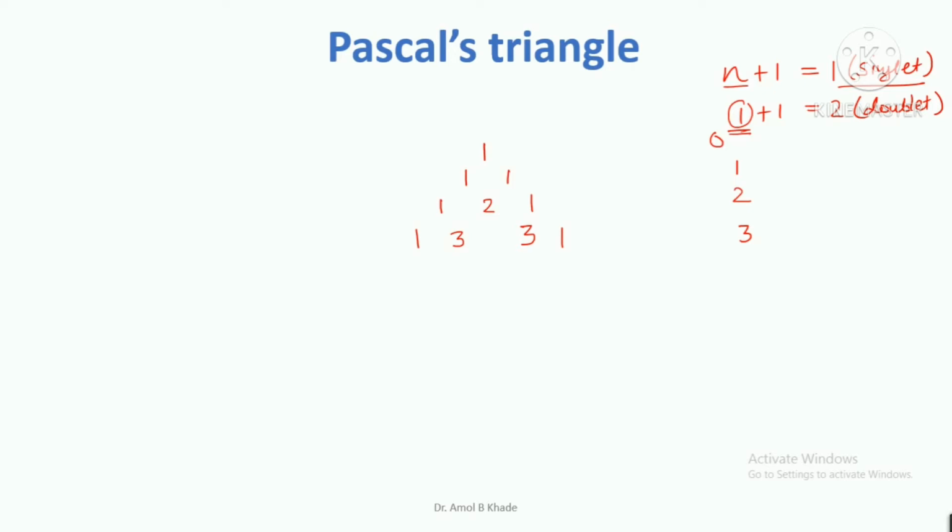Now for the pentet, again we can write 1 and 1 here, then it will be 4 here and 4 here. At the center we write 6. So if the value of n is 4, it will be 4 plus 1, a pentet. The signal is showing 5 lines, 1, 2, 3, 4 and 5, so it will appear as a pentet.